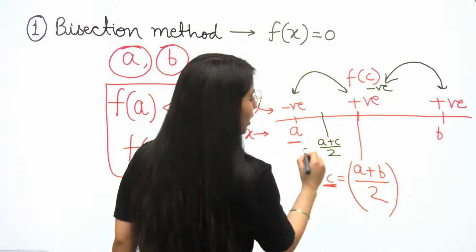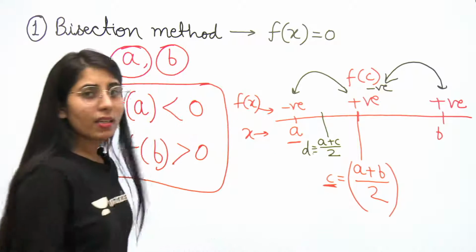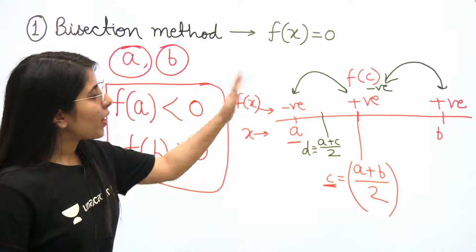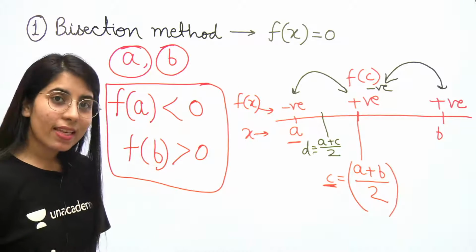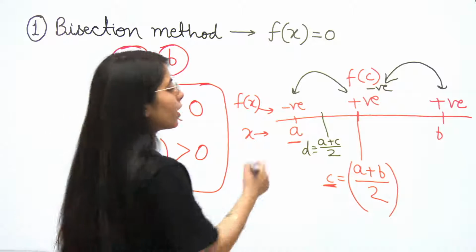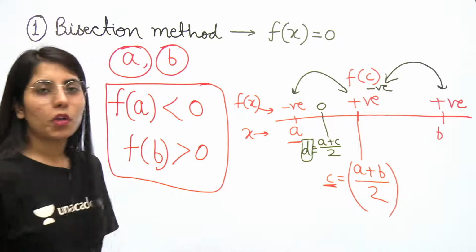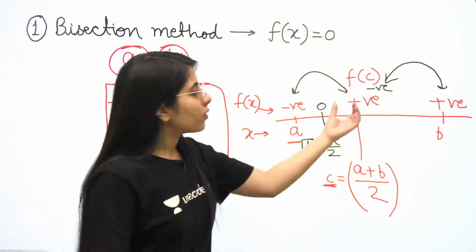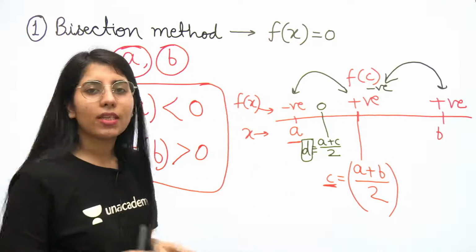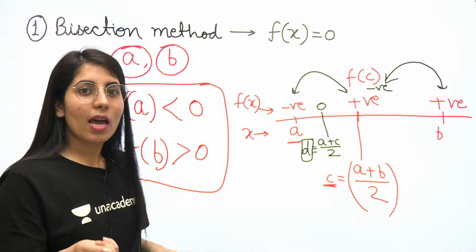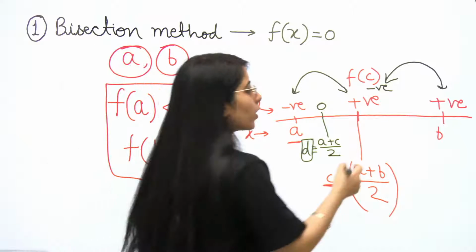That is the point D, for example. Clear? In this case, again you will find the value of the function. Let's say this is the point where the value of the function is 0. So this D point is the root of the given polynomial. And let's say for that side you got some point. It's just another case I am showing you. Clear? Let's say you got some point E.